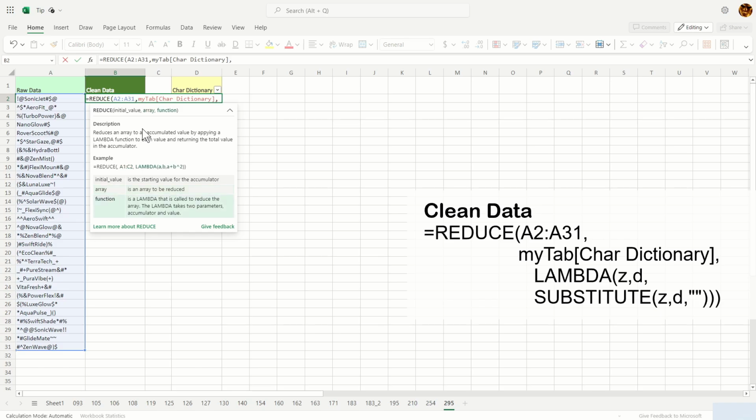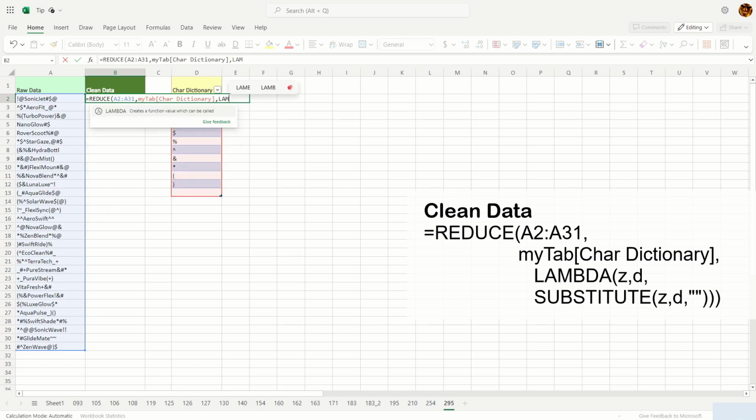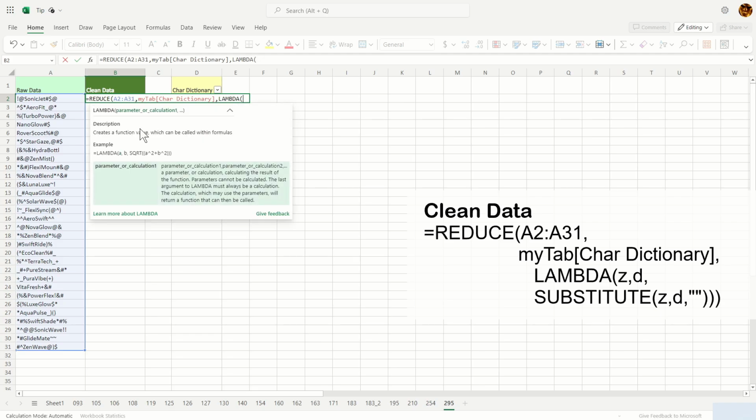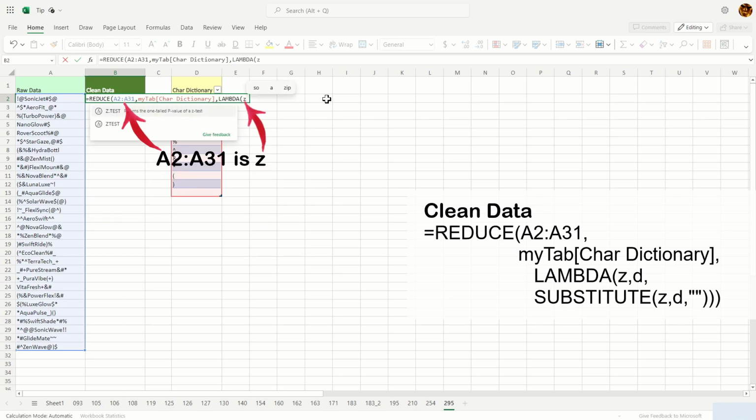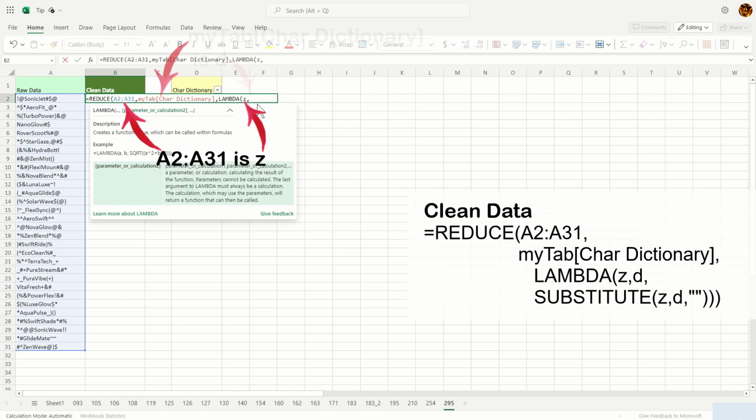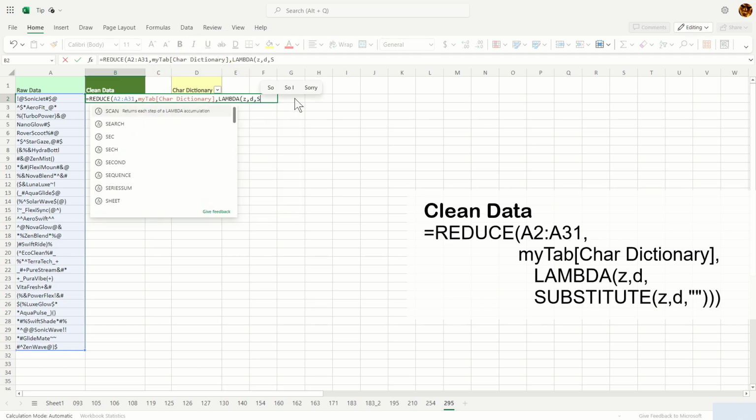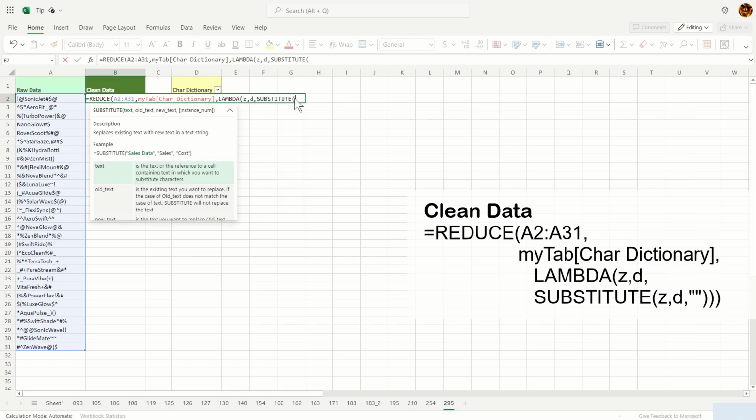And the third argument on REDUCE would be the LAMBDA function, and open parenthesis, and we're going to use the first argument as A2 to A31, and I'm going to give it a variable called Z, and then the second argument will be the dictionary with a comma D, and the third argument would be the SUBSTITUTE, basically looking